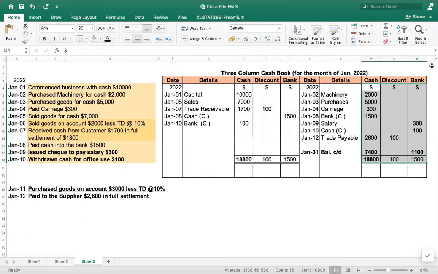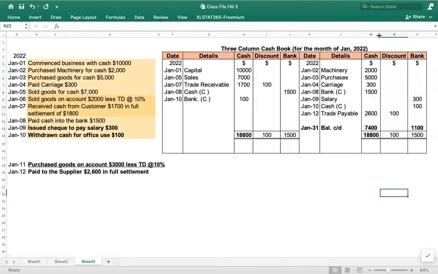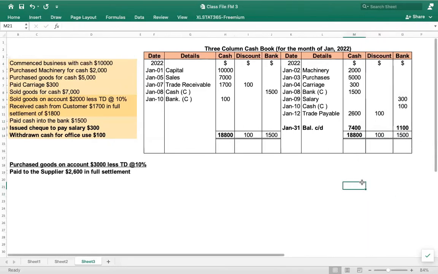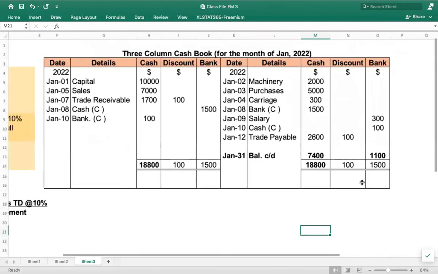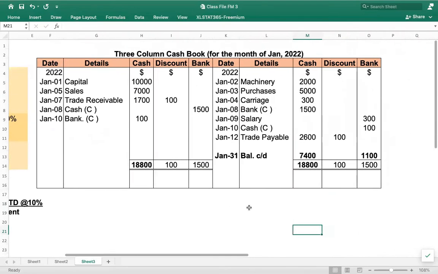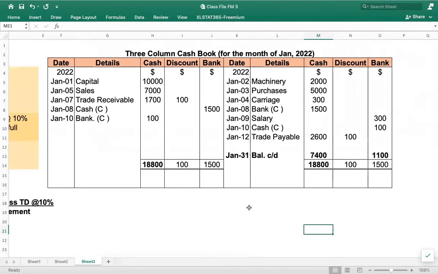Can you tell me what all you have learned in this class? I've learned the trade discount and the cash discount. I've learned how to record money in the 3-column cash book. I also learned that there are 4 cash books. And basically I learned what a contra entry is. Tell me, what is contra entry? Contra entry is when both sides